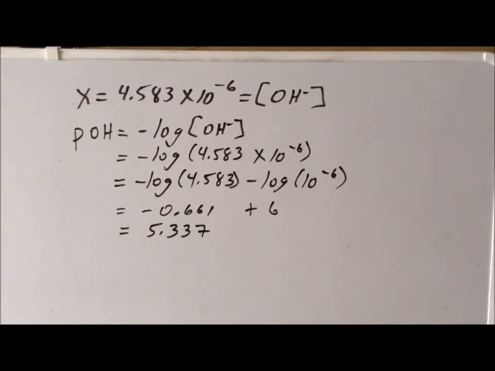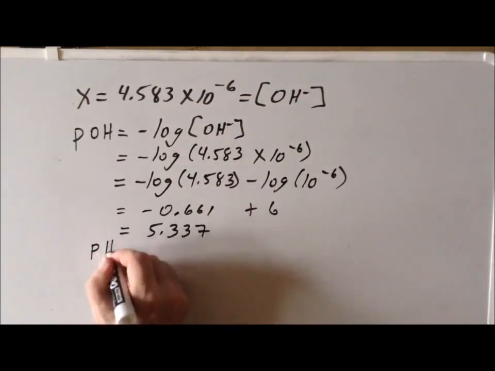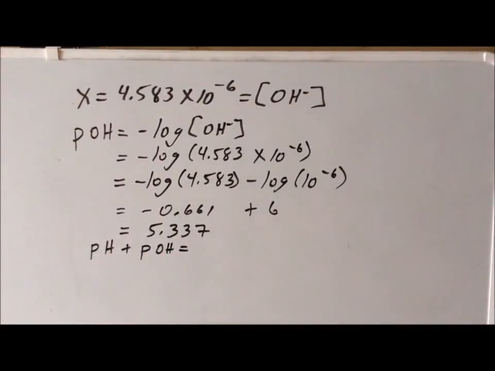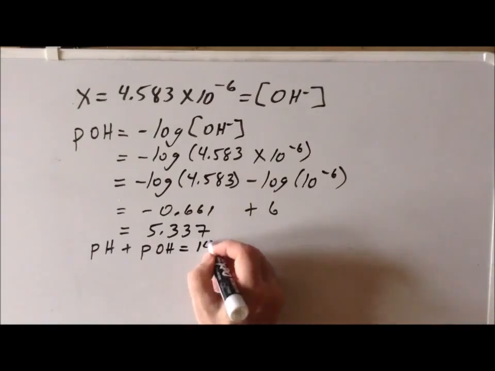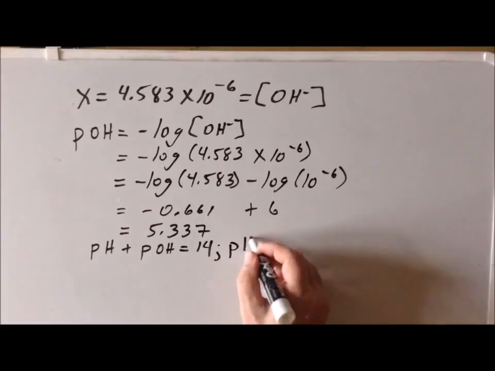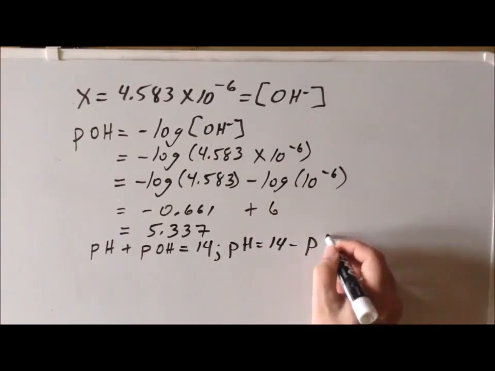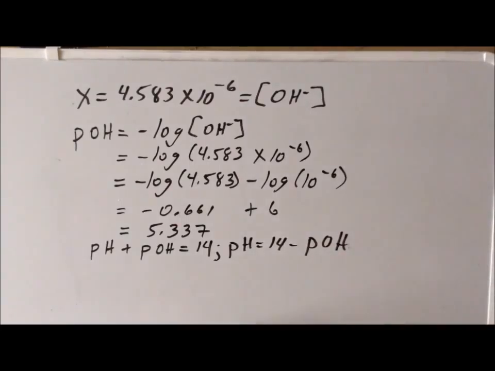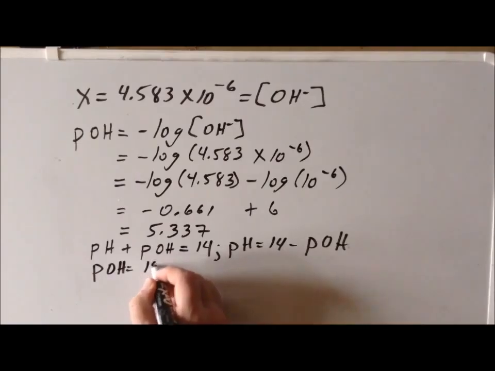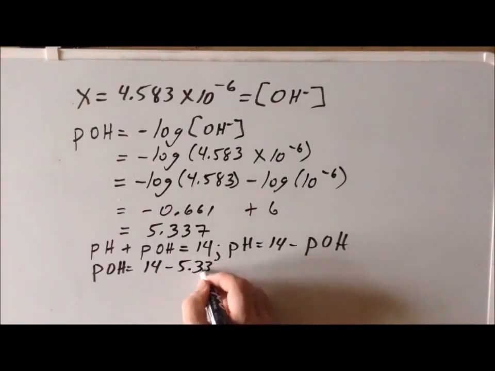At this point, we want to use the relationship that the pH plus the pOH at 25 degrees C is going to be equal to 14. Therefore, we can calculate the pH as 14 minus the pOH. So we get that the pH will be 14 minus 5.337, which gives